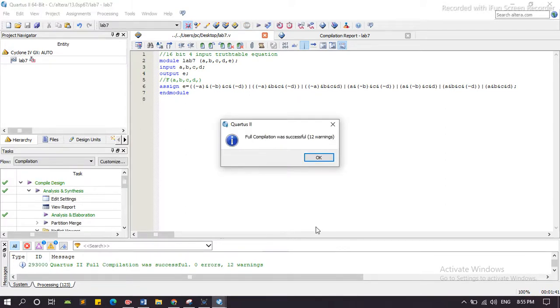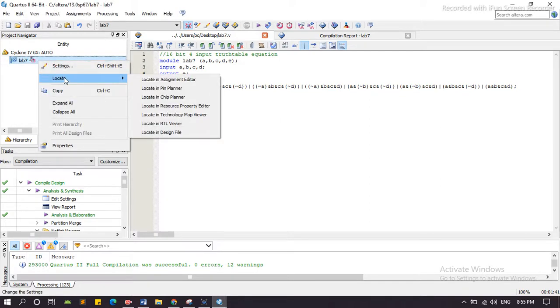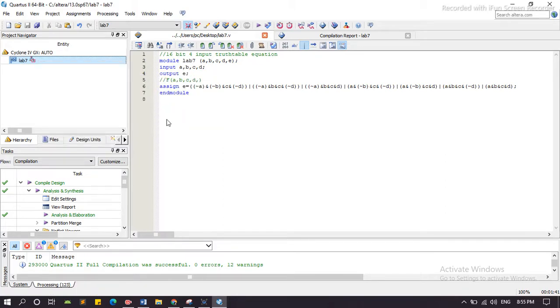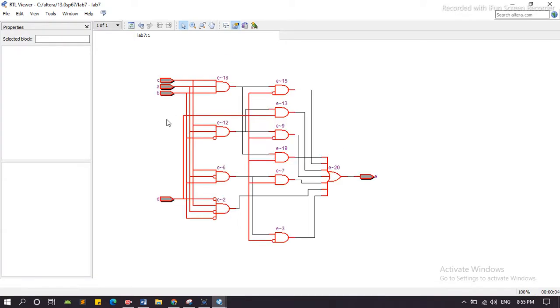We can see the full compilation was successful. Now we go to the RTL view. Here is the RTL view of these minterms.